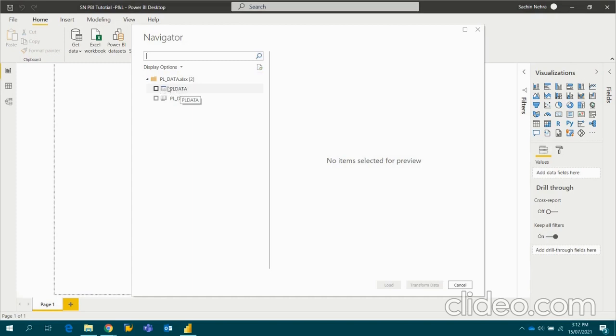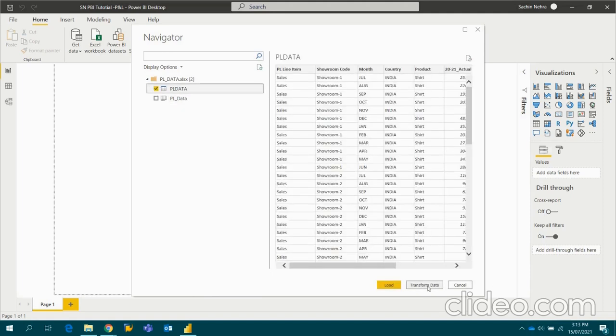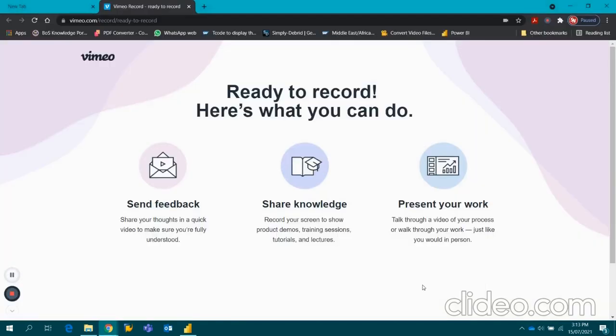This icon shows it is the information coming from a table, and this icon shows it is coming from the sheet. So since I already have the table prepared there, I will click on table and I will select this, and as a practice I never click on the load, I always click on the transform data, which I would suggest you also to do the same.